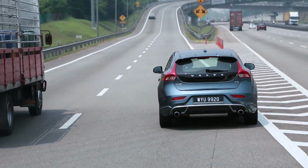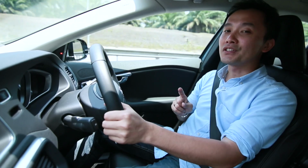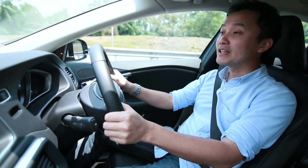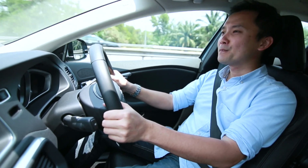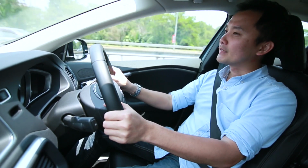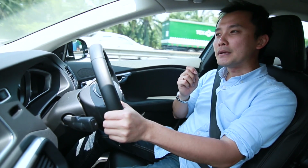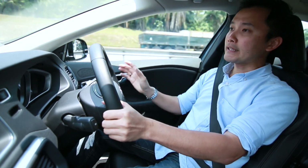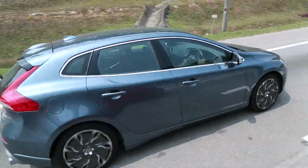Powering this car is a 2.0-litre 5-cylinder turbocharged petrol engine. It produces a respectable 213 horsepower and 300 Newton meters of torque. And with that amount of force, you do get quite a bit of torque steer if you happen to step on it a bit. And when you do, you realize the power comes in a bit late. It's much like, oh, sorry, power? You want power? Okay, give power. Come, power come. Only now this power arrives. But when the power is here,